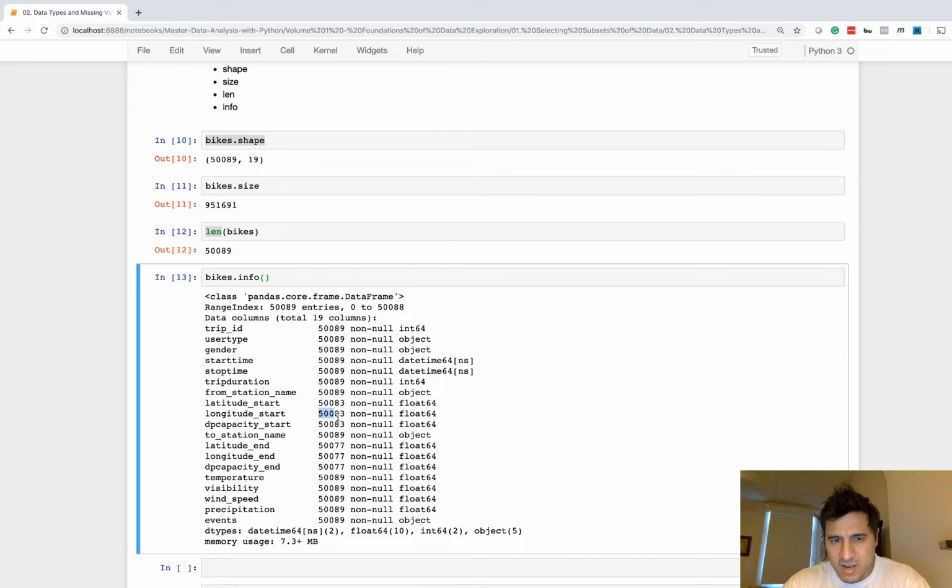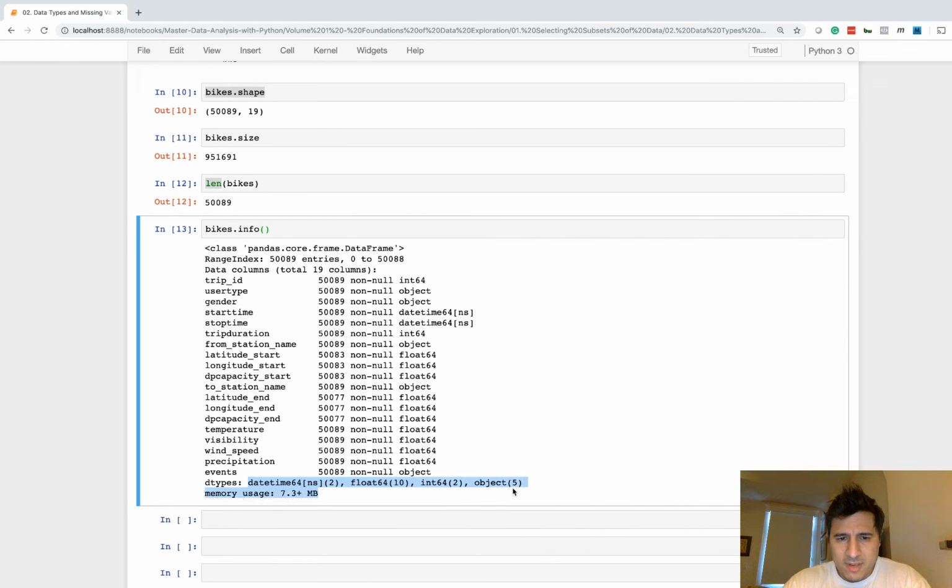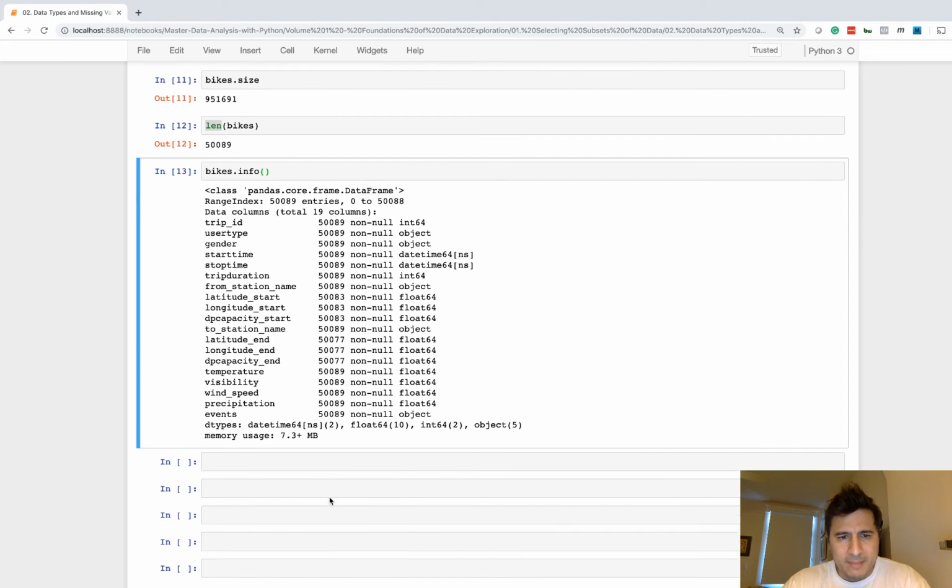You see here, longitude and start look like they have a few missing values, and some of these columns also have missing values. It does count up the data types down here. So there are 2 datetimes, 10 floats, 2 integers, 5 objects,